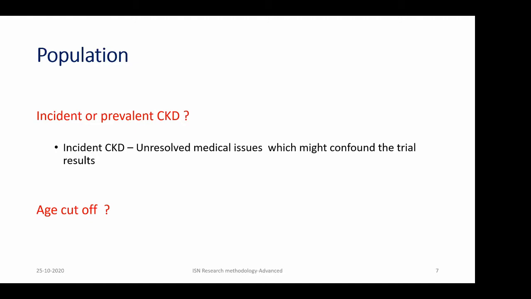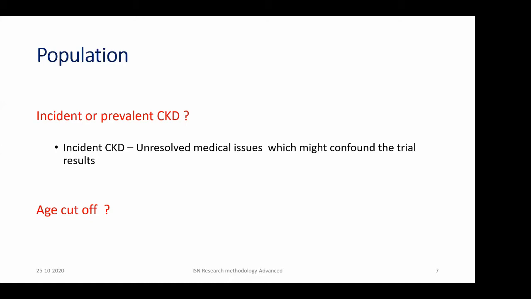The other question was an age cutoff. Yes, we are going to do that in adults because the initial trial was done in adults. And if we try to mix adult and pediatric CKD population, that is going to be slightly problematic, because the etiology of CKD in the pediatric population is going to be different. The progression rates are also going to be different, and we might end up recruiting quite a lot of individuals with genetic diseases also. So it is always better, especially with this current drug in question, it's not a good idea to recruit pediatric patients.